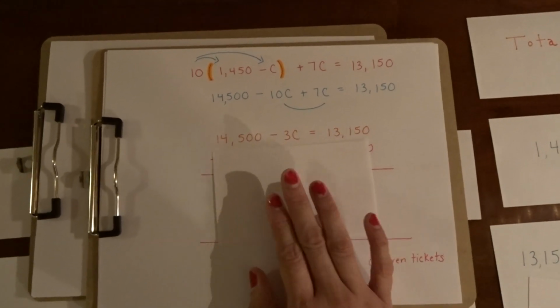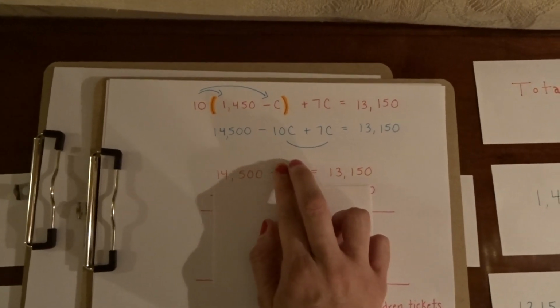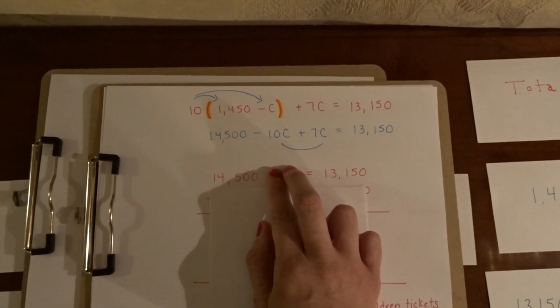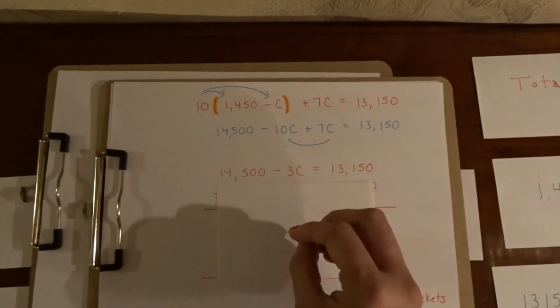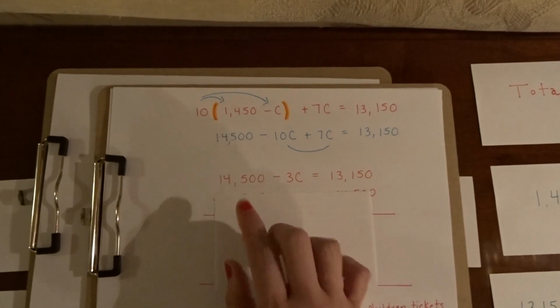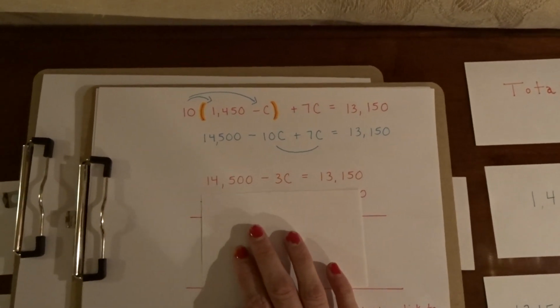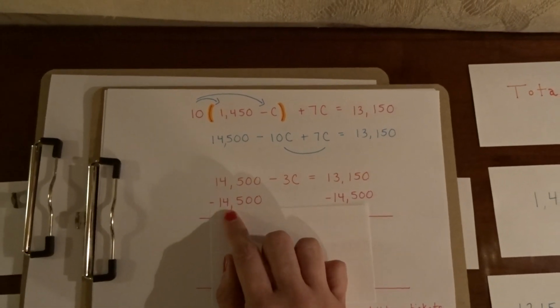Let's go ahead and continue to solve for c. We can't touch the negative 3c just yet. We have to get everything around it away from the variable. So right here we have 14,500. It's a positive 14,500. Opposite of a positive is a negative, so let's go ahead and subtract 14,500